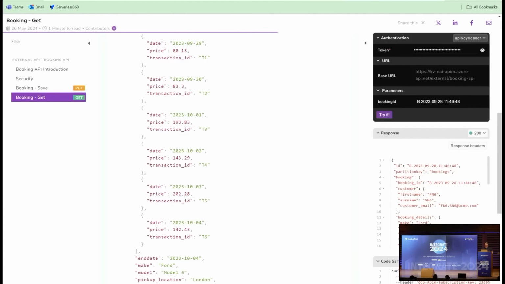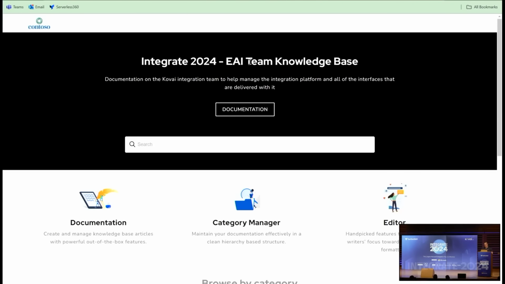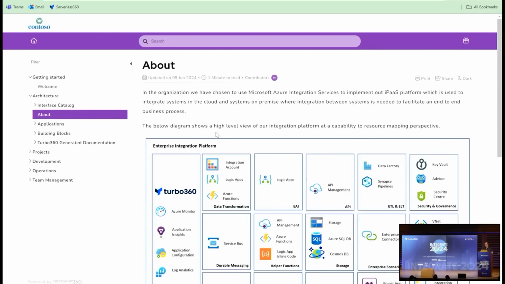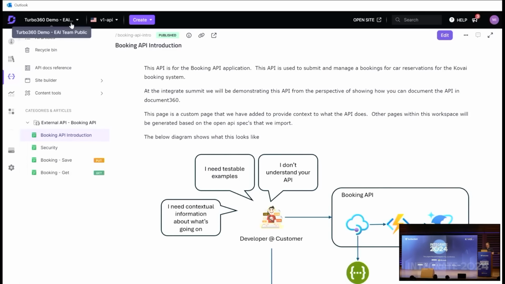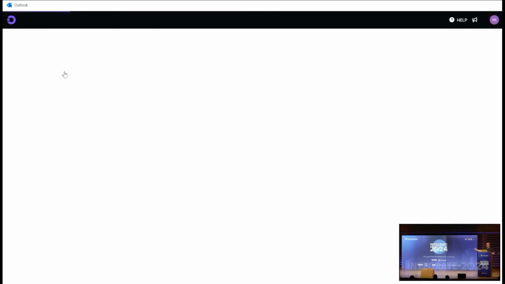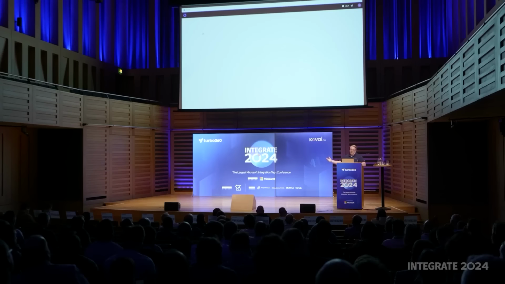So this one here is in that second project, which you can get from my blog post. And here I've got the structure. So you can see it's a bit like docs.microsoft.com, as Saravan was saying earlier. So that help file with tree view down the left, you click on different links, and you can put your documentation in here. So this is the kind of deployed or published version. You can also have the editor, which I showed just before over here. So I can go and edit content here, publish it, and then I can view it either in the editor or in the published version. But what we can do,